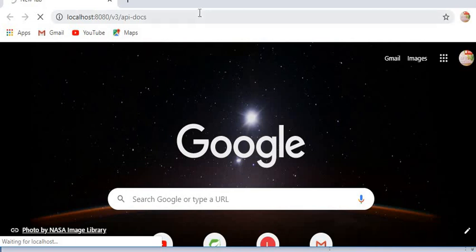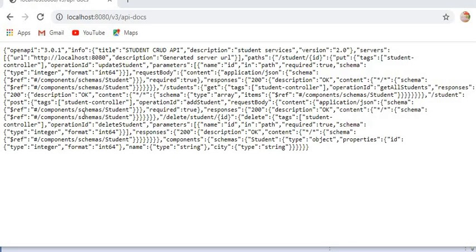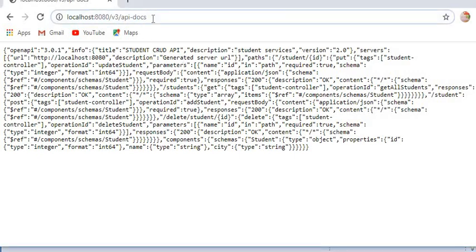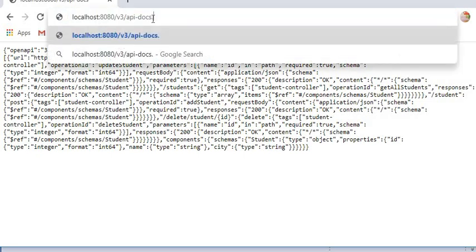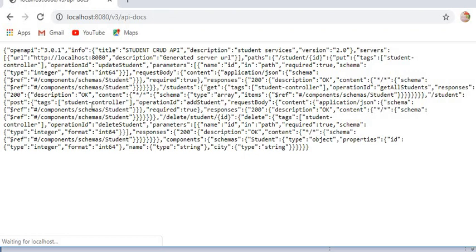Now when I call this URL, it will open the documentation for my APIs. Here you can see the documentation. The title I gave, that was Student CRUD API, and this is the description, and that is the version, and we can also download this documentation. For this we need to add yaml in our URL and hit enter.